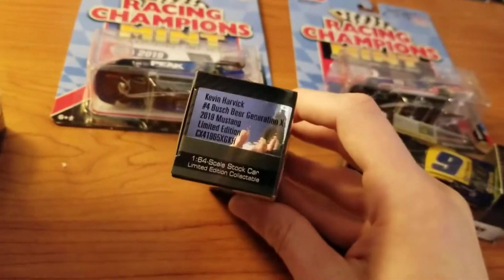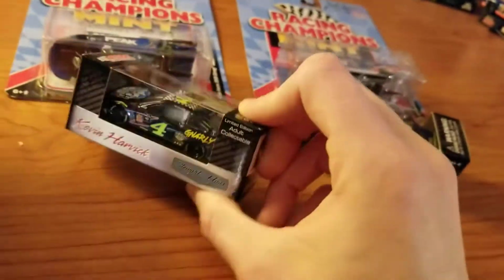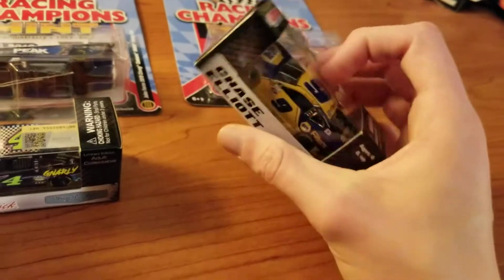And the two NASCAR Cup cars that we have is Kevin Harvick's Busch Beer Generation X car over here. Pretty popular one. And Chase Elliott's NAPA Filters car. Another popular one, I assume, just because it's Chase. But anyway, let's